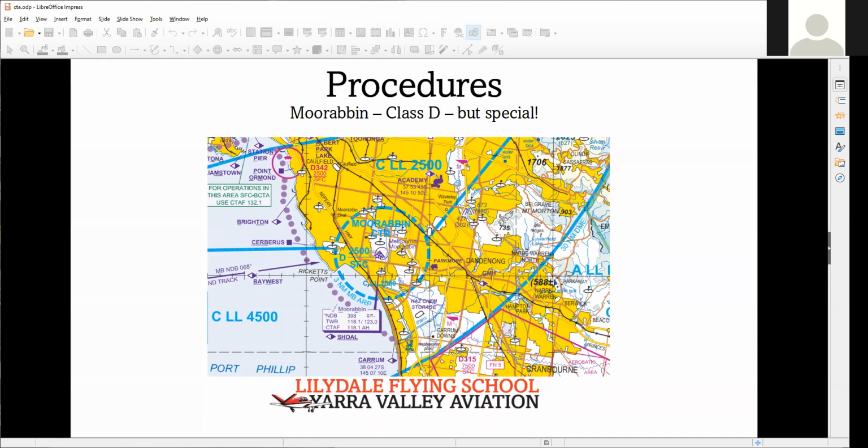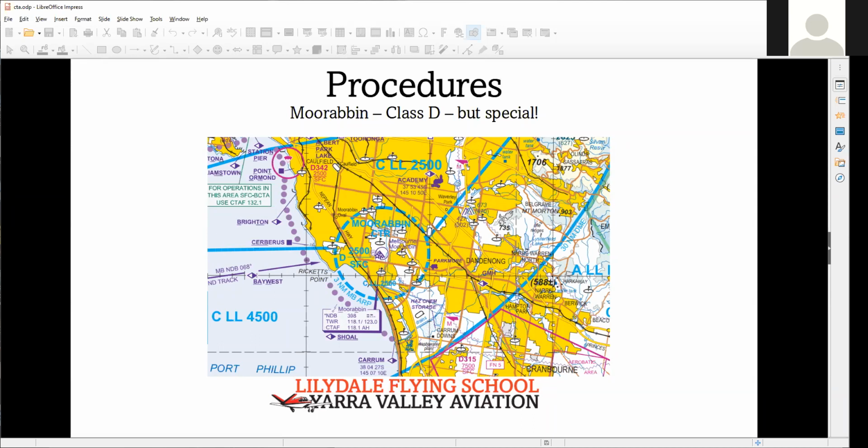So the obvious tracking point from Lilydale to Moorabbin is the visual reporting point, the VRP, which is Academy. So the requirement is, if you read the URSA planning pages, facility planning pages, that you report at Academy at 1,500 feet,